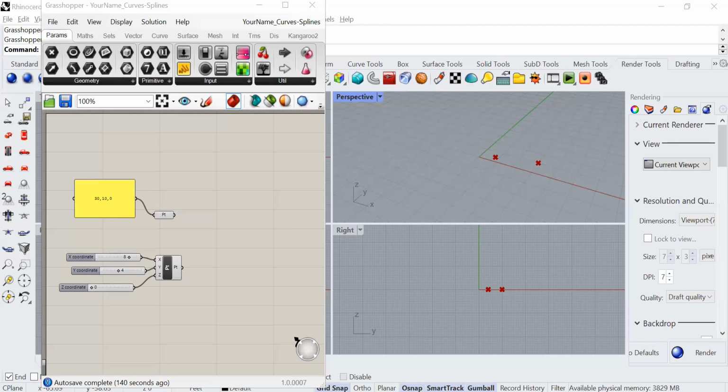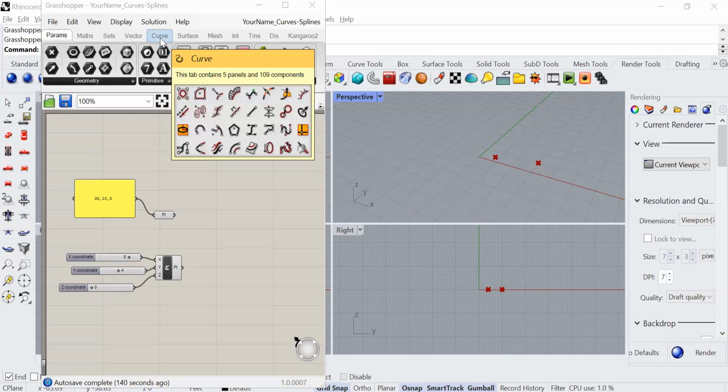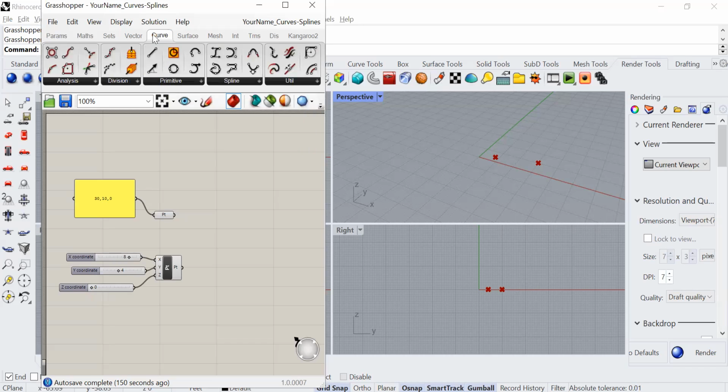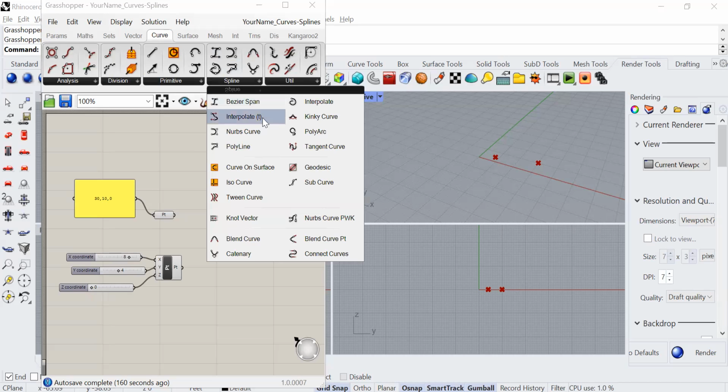In this video, I'm going to talk about creating curves using some of the spline functions. If you click on the curve tab, there's a panel called spline. We're going to make 3 separate splines. The first one is going to be a polyline. I'm going to expand the list here by clicking on this little arrow, and I'm going to choose the polyline